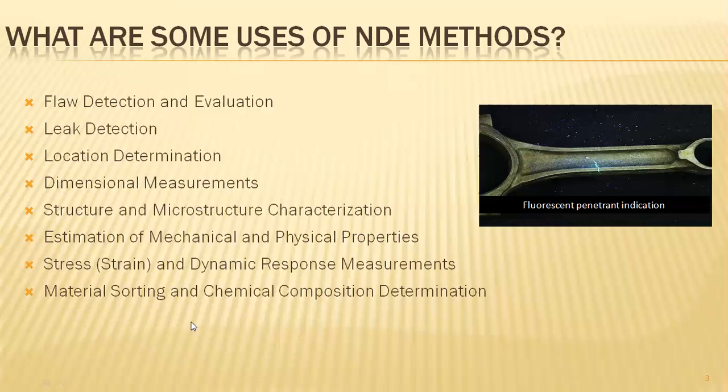And material sorting and chemical composition determination. So material sorting is the sorting of the material layer by layer, or with respect to one material to another material, and the chemical determination. So chemical composition. Here, in the case of this mixing of the materials, clearly we will be calling this alloy elements.